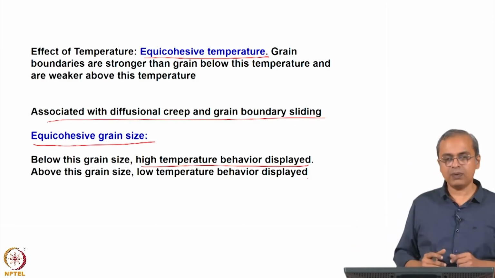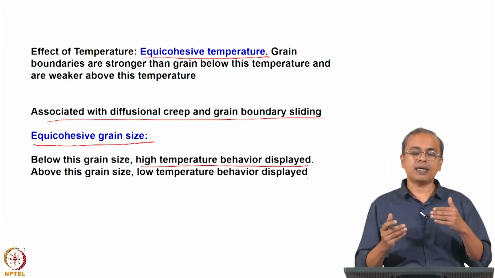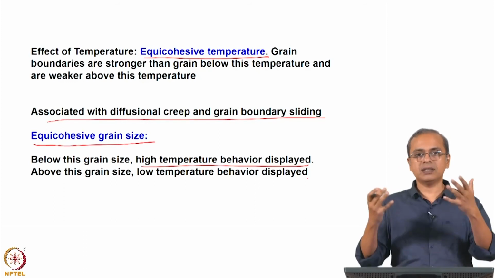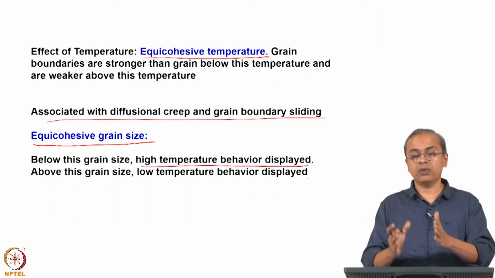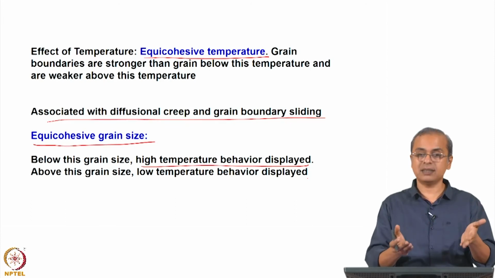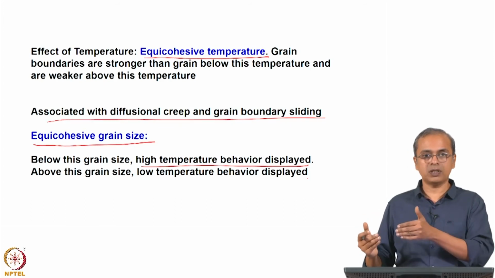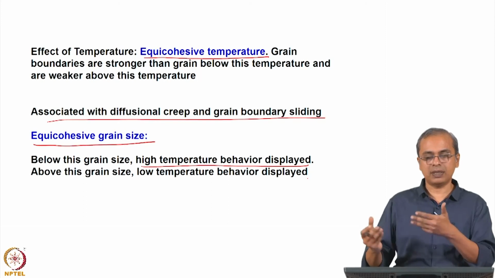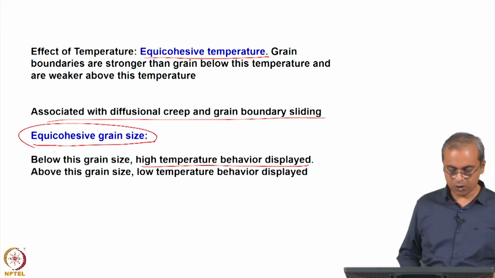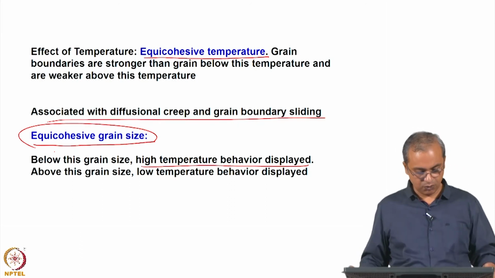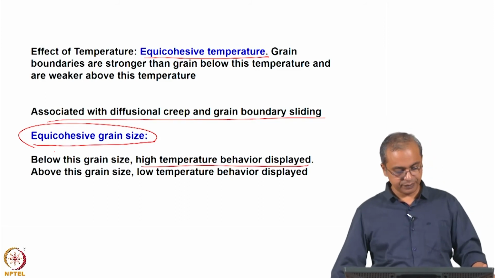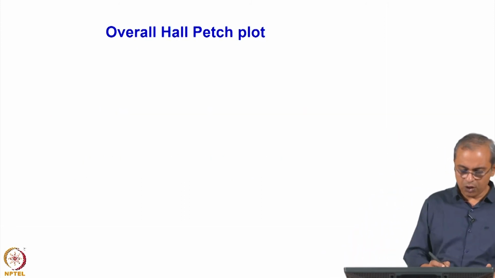So, you can think of equicohesive grain size as a concept where at grain sizes smaller than this the material shows behavior similar to what it would display at high temperature, and at grain sizes larger than this it shows behavior similar to what this material would show at room temperature or thereabouts. So, this is the idea that is nicely brought out by the level of thought and study of this phenomenon. So, if you look at the overall Hall-Petch plot now,